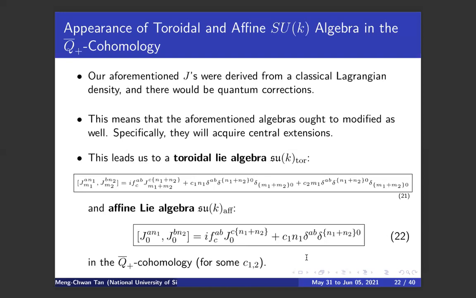Yeah, correct. Up to this point, we don't need it to be SUK yet. We only study SUK because we want to study the A 2,0 theory. Yes, it should work for other groups, at least physically.